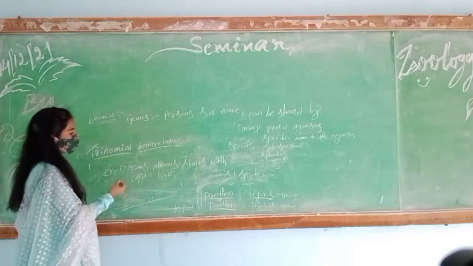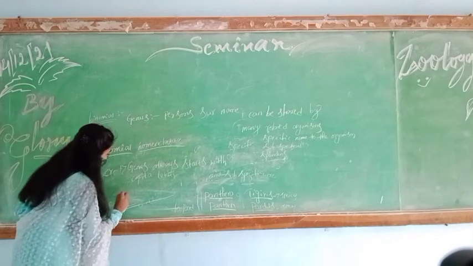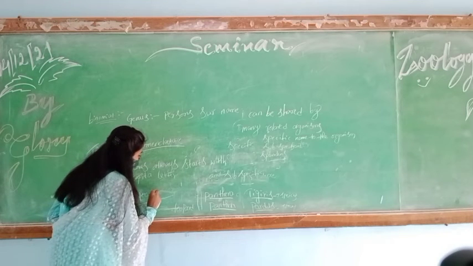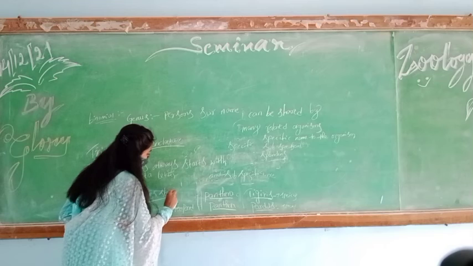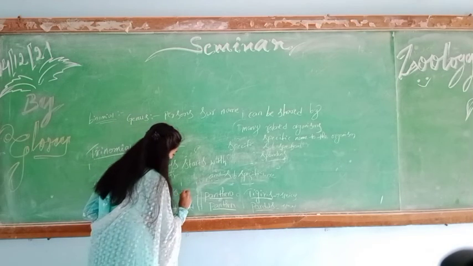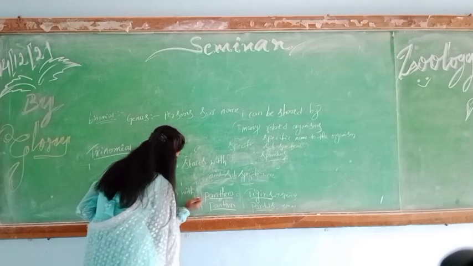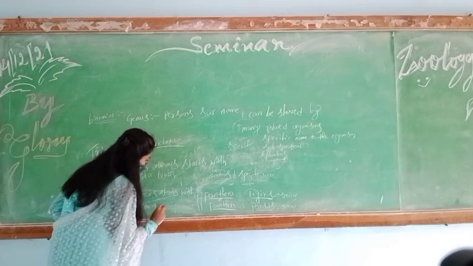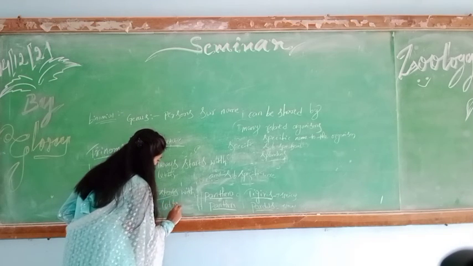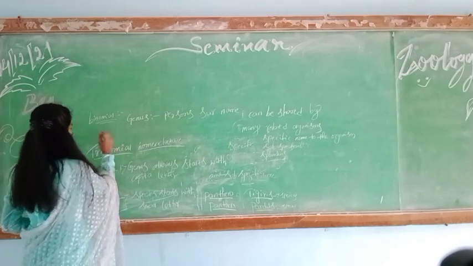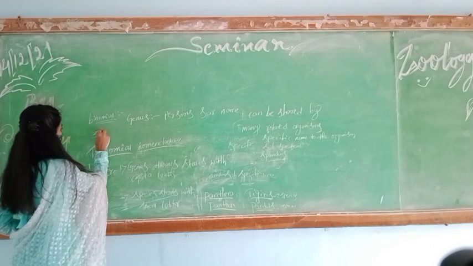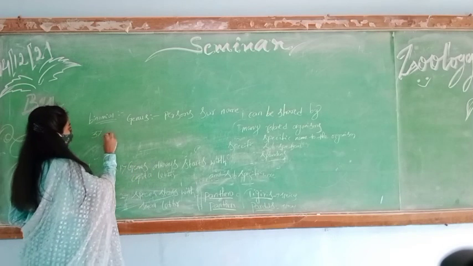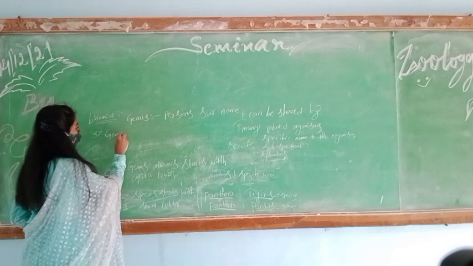The second rule is that species always starts with a small letter. And the third rule is